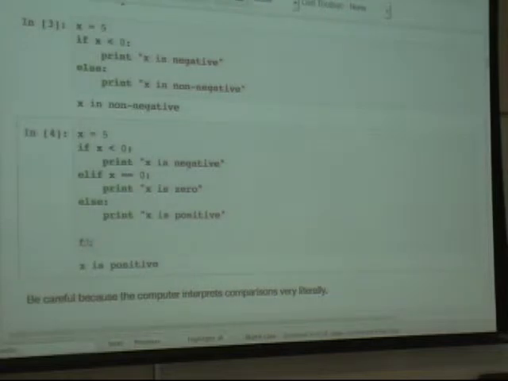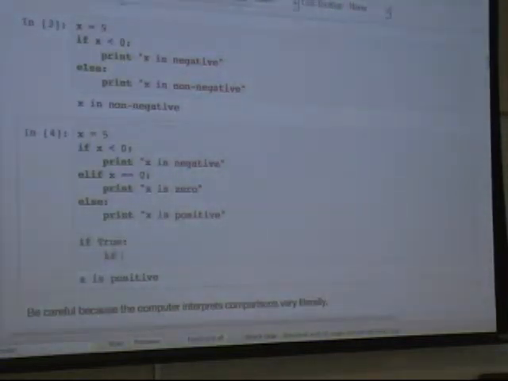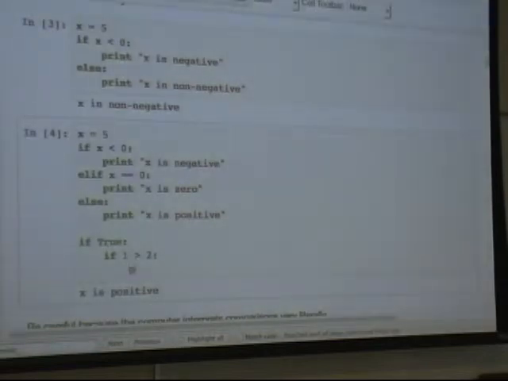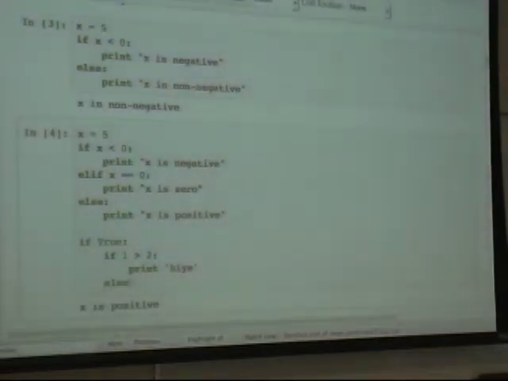So, if true, if 1 is greater than 2, print right, else. Is that what your question is? Yeah, I have it like that. Okay, so the question is,